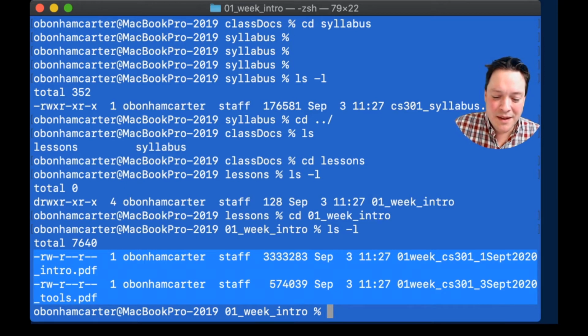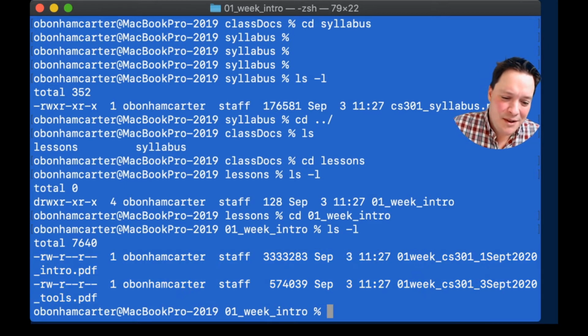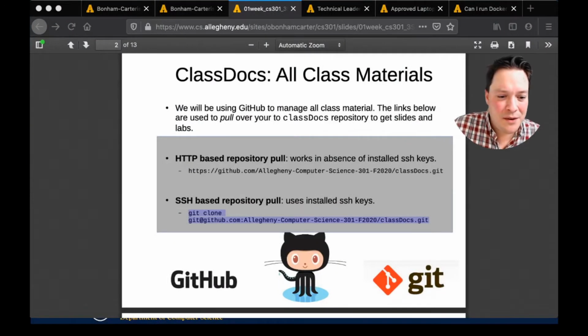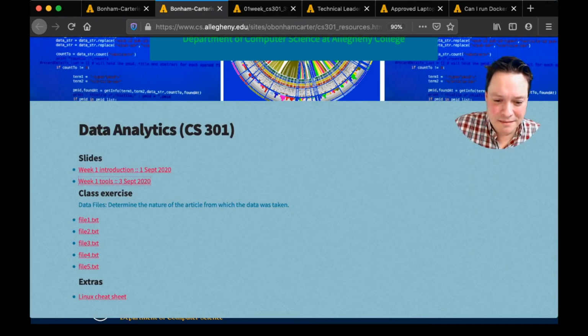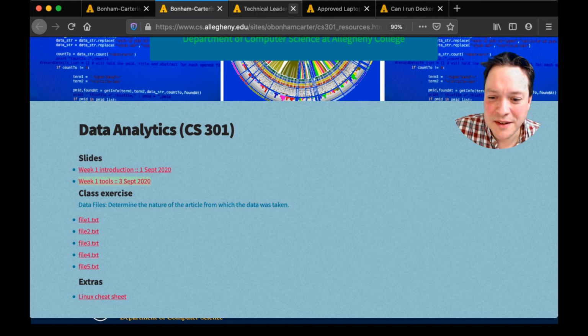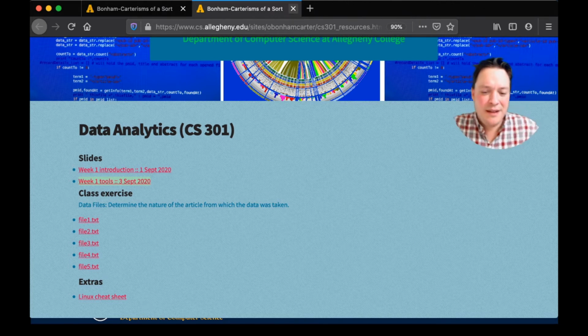But for today, you don't have to worry about any of this stuff. I mean, the slides I've put online for you, so you can grab them. In fact, if you go to, I've just lost my window here. I know you can see it, but I can't see it. But if I go to this link right here on the resources page, it's the same thing. That's all there, so that you can have it.